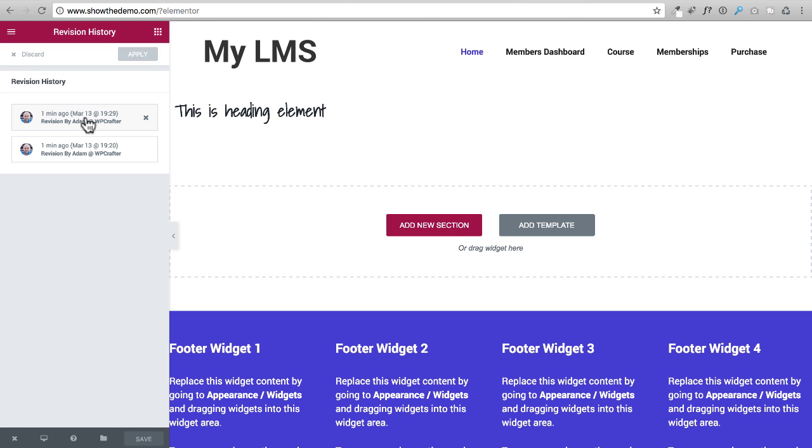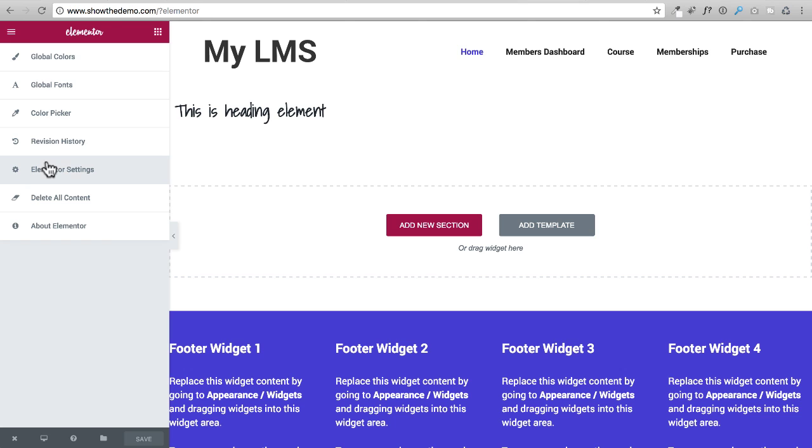So this is actually a very powerful and very flexible way to try different ways of doing things, saving it, and then being able to quickly go back and forth and compare them and not lose any of your work. So that's this revision history, which is a very powerful option. So let's go back. Now, if you click right here where it says Elementor settings, it's going to take you